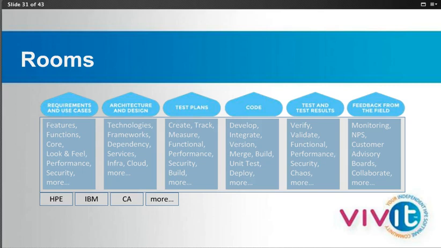I know at the Department of Veterans Affairs, where I spend most of my time, we have a mix of HPE, and we have some CA tools. We have Performance Center, LoadRunner. For monitoring, we have SiteScope, which we use more to look at the health of the system, the machine, and looking at the CPU, memory. But then we also have CA APM, where we're looking more at the transaction level. We're looking at possibly bringing HP Diagnostics in. Does a lot of similar things as the APM, but the integration with